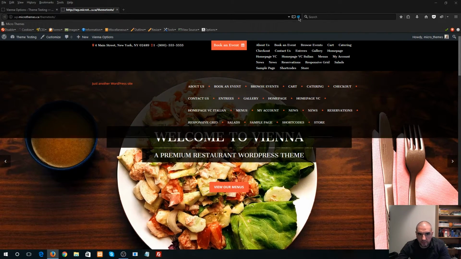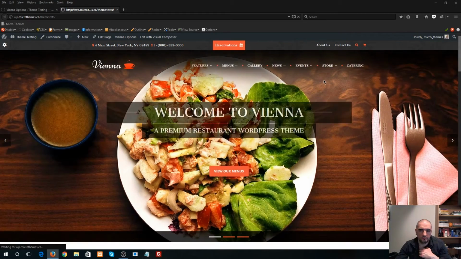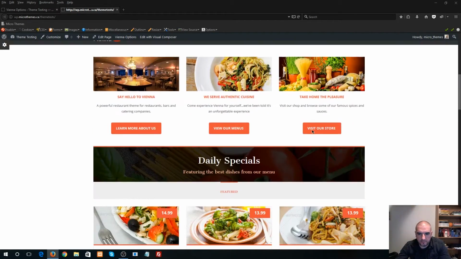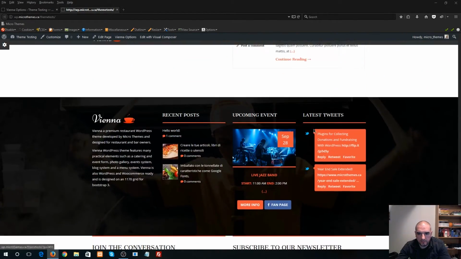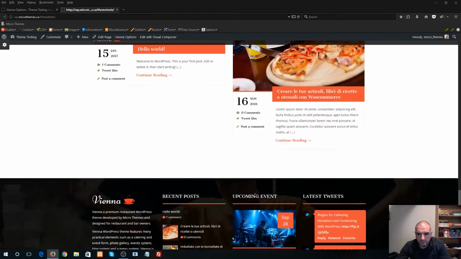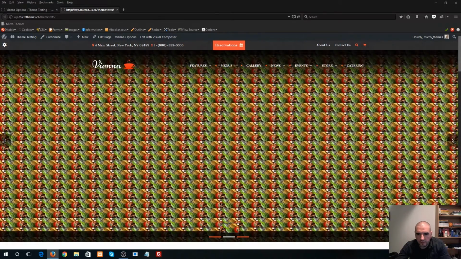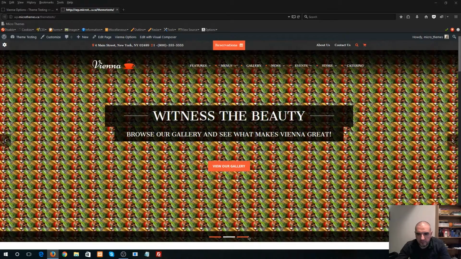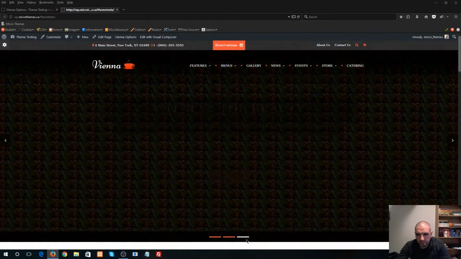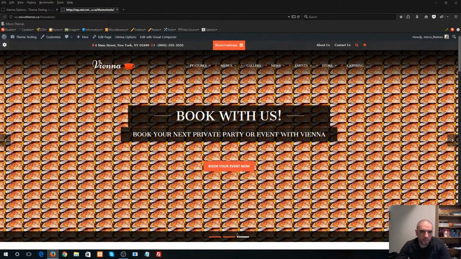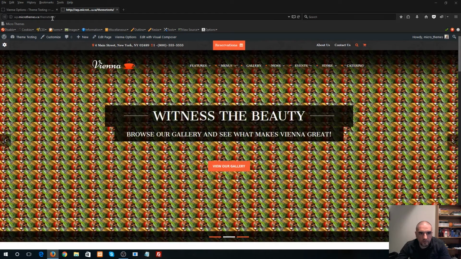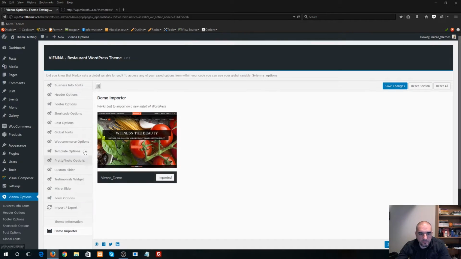Now I'm going to refresh the home page. Okay, so you'll see here that everything is now properly assigned. Everything has been imported. So we're looking pretty good at this point. So again, if you get the slider images repeating like this, I'm not sure why it's doing that. It might be some kind of bug in the code. So if you want to fix that, go to Vienna Options, go to Micro Slider,